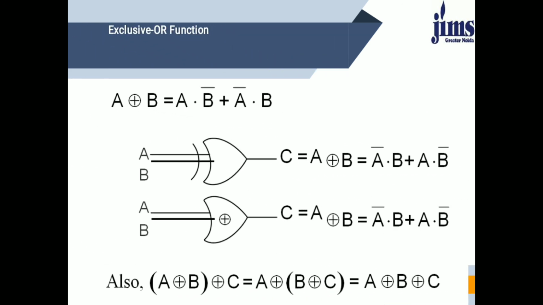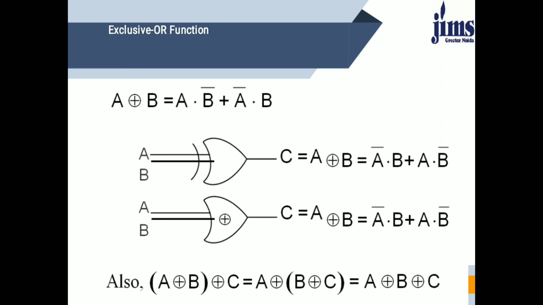Now see, this is XOR. This is another kind of gate. This is basically an application of gates. This is not a basic gate, not a universal gate. So what does the XOR gate do? It will give an output equal to A dot B bar plus A bar B. So to generate it, we can write it like this.